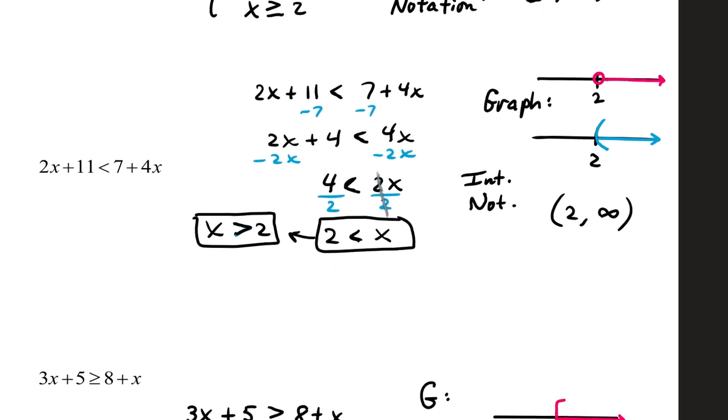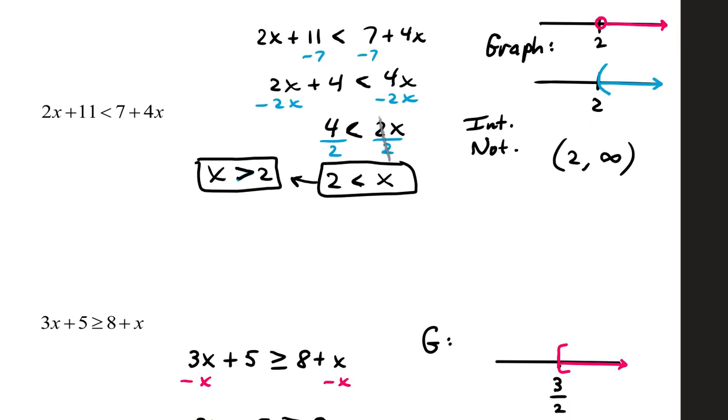The example below, we have 2x plus 11 less than 7 plus 4x. I'm going to bring that up here. Using the same techniques you would if that were an equal sign, we can subtract 7 from both sides. And I'll let you pick these routes in class. If you subtract 7 from both sides, that leaves 2x plus 4 less than 4x. Now, we subtract 2x from both sides,